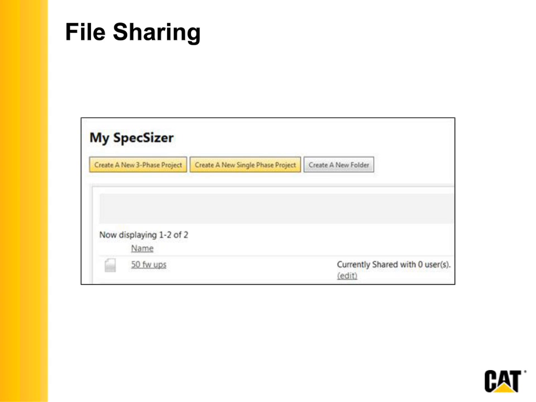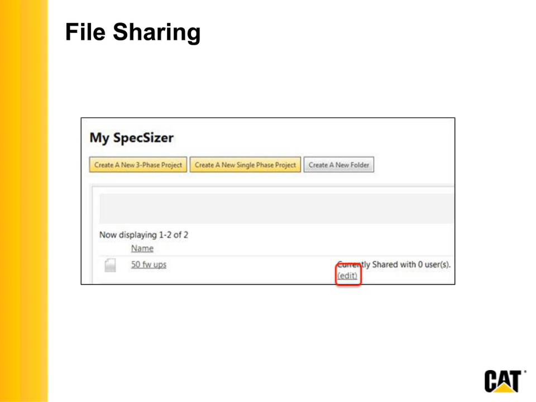If you're on the My SpecSizer page, remember we were looking at when you first start, you create either a 3-phase project or a single-phase project, and you've got all your folders, and you do your file maintenance there. Well, in each row, there's an edit command,